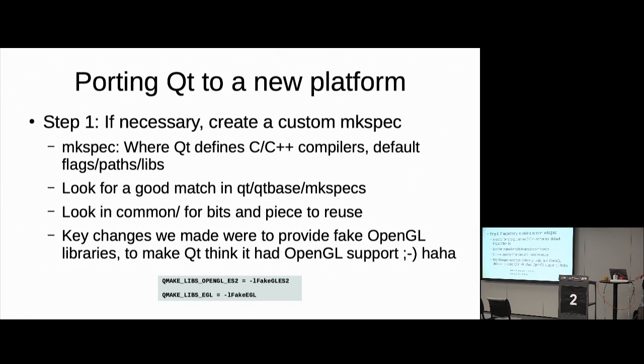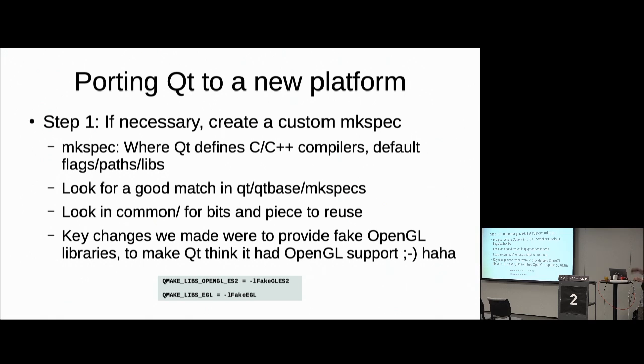if you have to make something called a custom mkspec. Mkspecs are pretty much a combination of a QMake configuration and a platform header file, which define which C++ compilers you're supposed to use. As when you're using QMake, it's going to call your compiler, and you need to tell it how. You also instruct it how to do default flags, paths, and libs, and all that. So we had to make it use the Tile G++ instead of GCC and others.